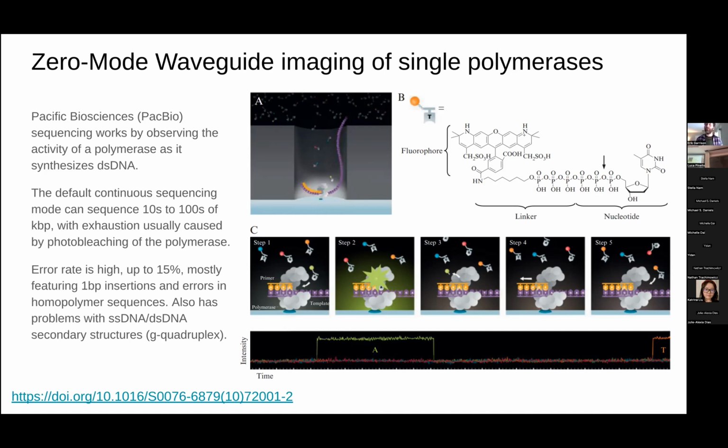And the way that works is that instead of regular dNTPs in the solution, you have dNTPs where you have a polyphosphate linker and then a fluorophore. And so the polymerase can work with this crazy multi-phosphate linker. It'll cleave that, and it'll use the energy from that bond to actually drive the polymerization of the second strand. But as it's cleaving it, it's going to hold onto that fluorophore, and it's going to be really, really close to this detection area. It's going to be inside of this zero mode waveguide